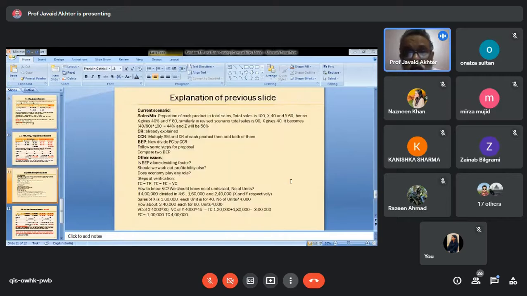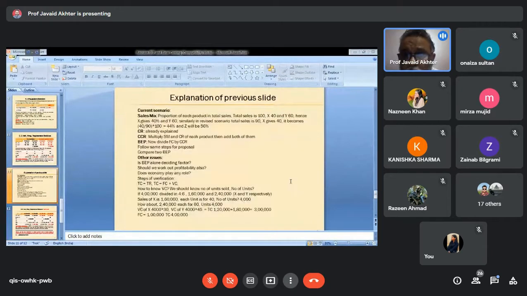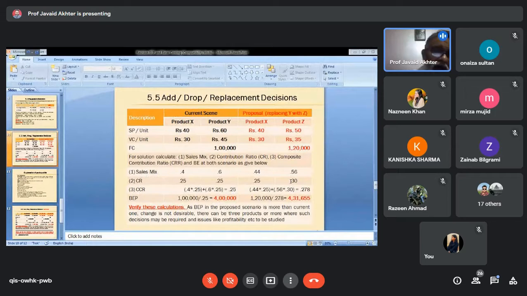If you don't have any other question, I have just given you an explanation only. Add and drop decision, same thing. So you need to work out all these things, and if the calculations are correct, okay. If not, you seek a clarification from me. But tomorrow I'll take up the standard costing part, and maybe tomorrow and the day after we will spend a day or two on standard costing, and it will be a completion of revision.